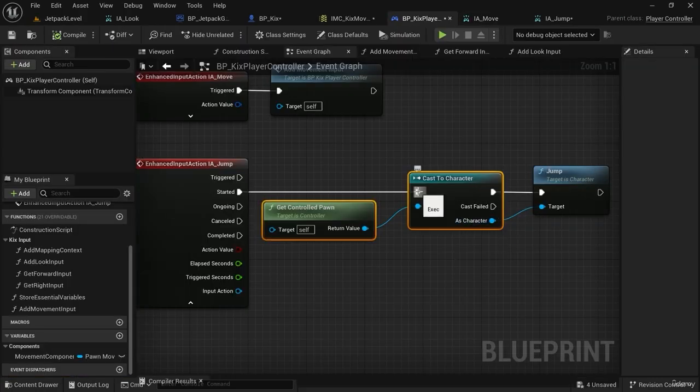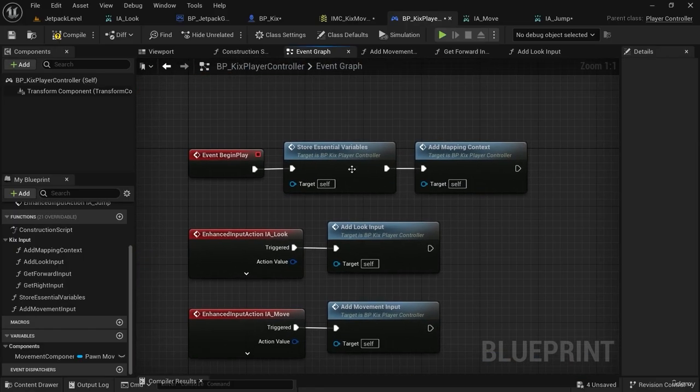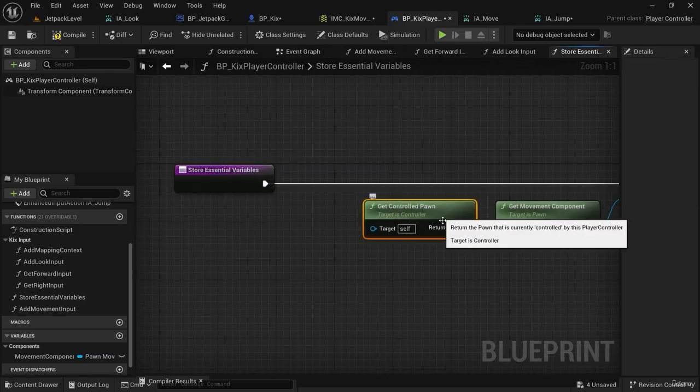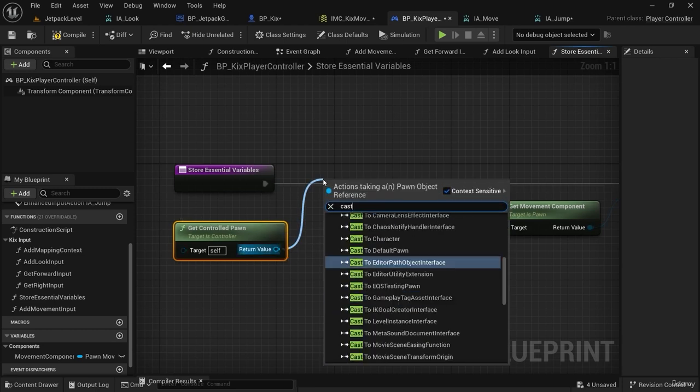So in order to avoid multiple casts to the same data type, we can simply cache the variable. We can perform the cast once on begin play, and then we can access the character every time we need it. So I can go back up to begin play, and we have a function for storing our essential variables. We can do the cast in here. We can get our controlled pawn, and we can cast it. So I'm going to get controlled pawn, cast to character,